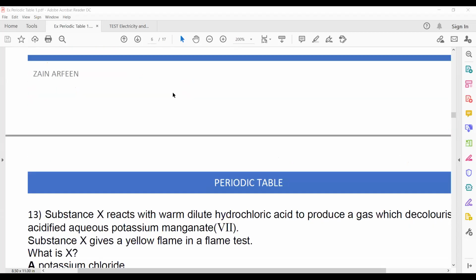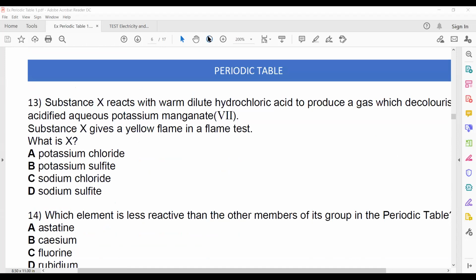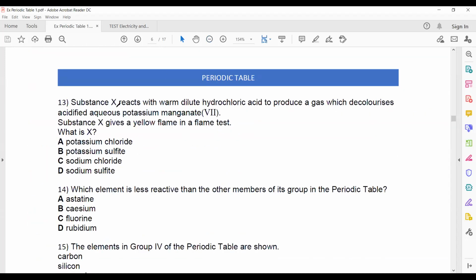Question 13. Substance X reacts with hydrochloric acid, producing a gas which decolorizes acidified potassium manganate(VII). When you add hydrochloric acid and a gas is given off which turns acidified potassium manganate(VII) colorless, what does it mean? It means it contains sulfite ion. Sulfite means SO3. This is a test for sulfite ion. Adding hydrochloric acid and warming the solution, the gas turns potassium manganate from pink or purple to